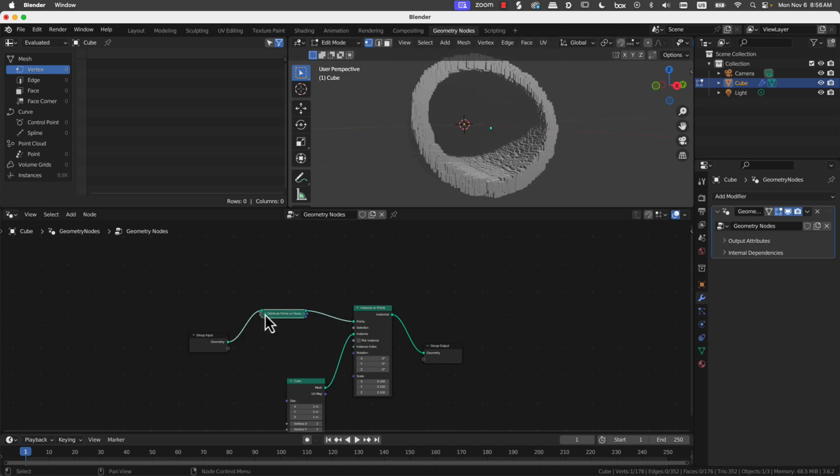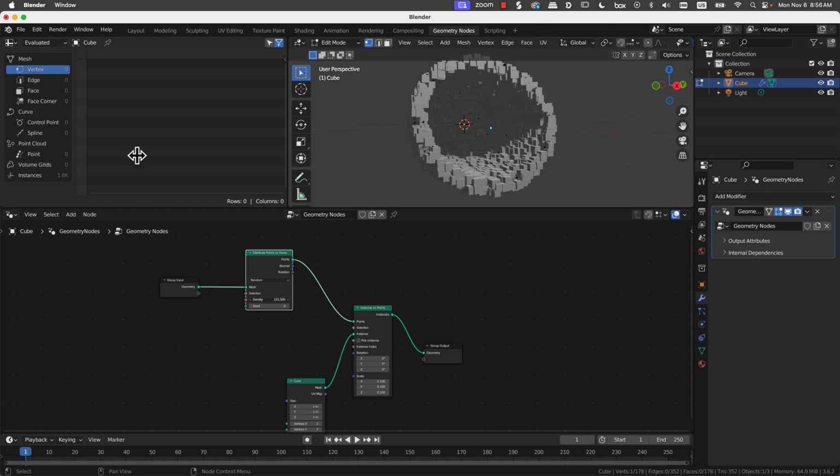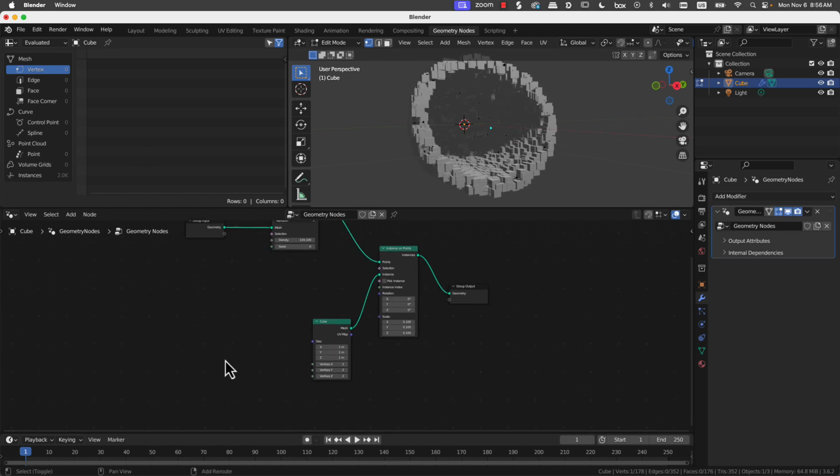So we need to add some measure of randomness, right? I will first of all dial down the distribute on faces a little, and I will add randomness. Randomness is also another node. You can do search and then random value. So I did Shift A, clicked search and then random value, and I will change the